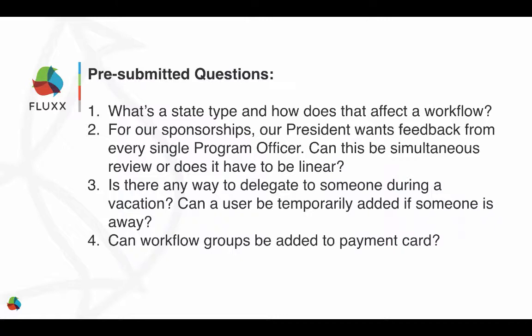So very cool stuff. All right, so now let's get into the Q&A section. We're going to open it up and find out what questions you have about workflows within Flux that we can help you out with. So we'll be taking a look through the Q&A and the chat for all your submitted questions. So let's start here. I have one.